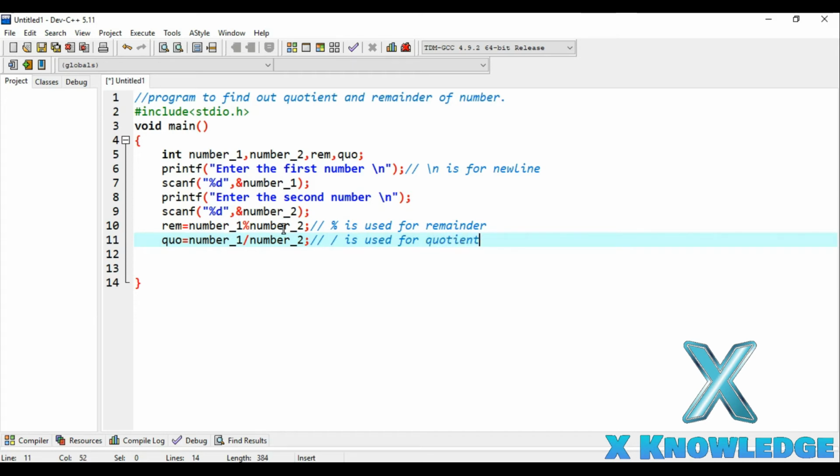So the percentage sign will give the remainder of these two numbers, and this div sign will give us the quotient of these two numbers.